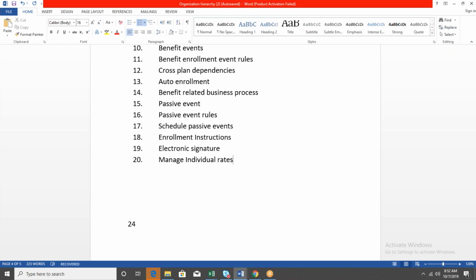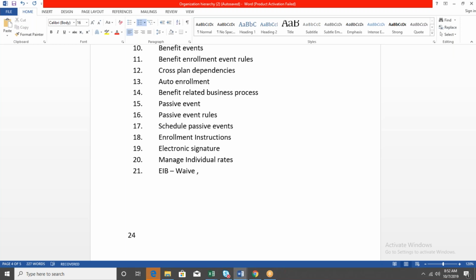Okay, so we are going to learn as part of our benefits. Of course, along with that, I'm going to show you through EIB how to waive the plan already assigned to employees, and how to waive the plan for a group of employees, mass changes.